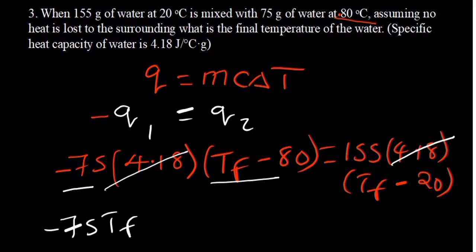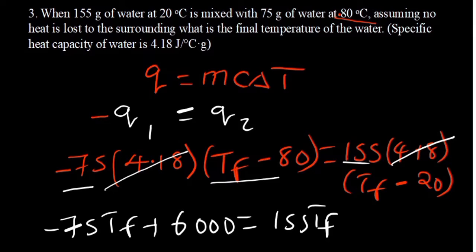So negative 75 multiplied by negative 8, we have positive 6,000. So plus 6,000. On the right hand side, we have 155 by T final. Then you have 155 multiplied by the negative 20. So we have negative 3,100. So from there now, we need to determine